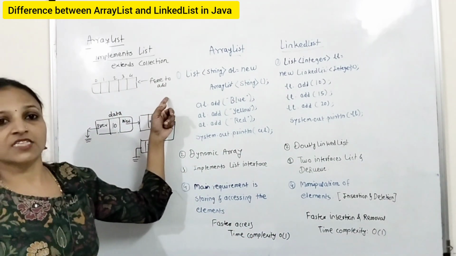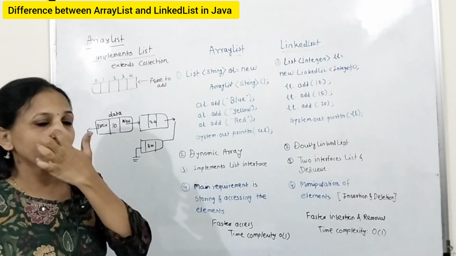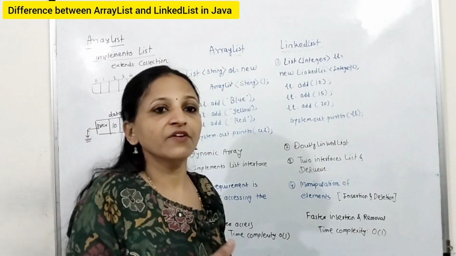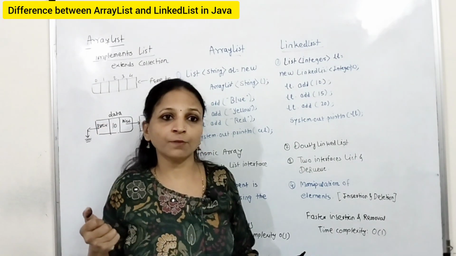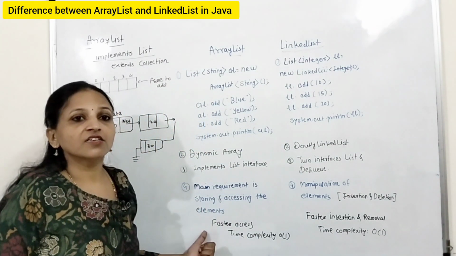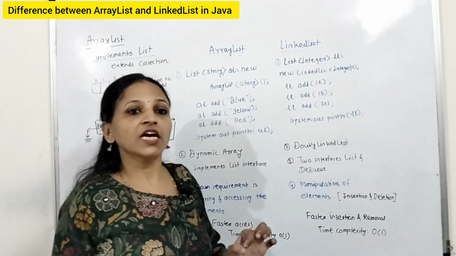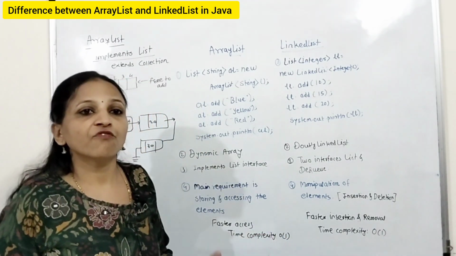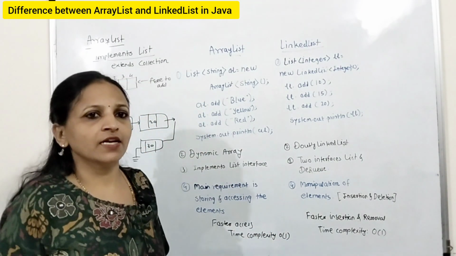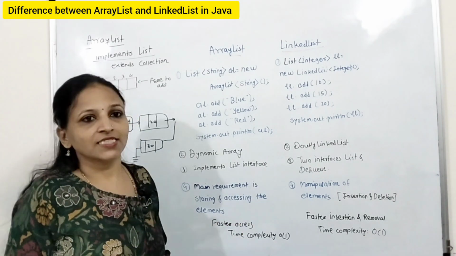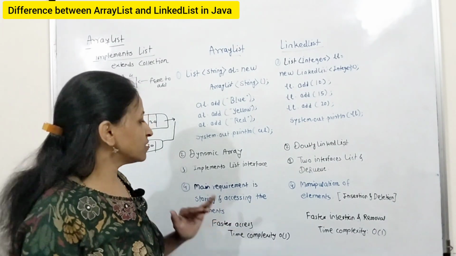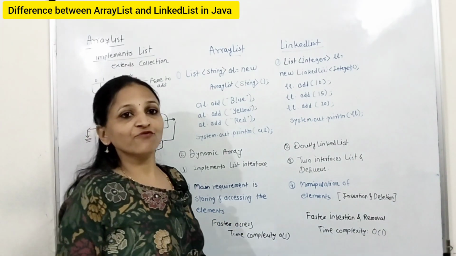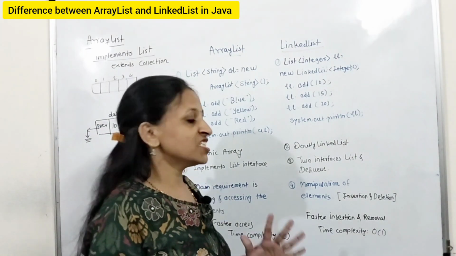It is an index based data structure internally. That's why array list elements are very easily accessed randomly. And here the time complexity for accessing the elements is O(1), because index based access is there. That's why for random access the best choice is array list, and for insertion and removal of elements array list is the